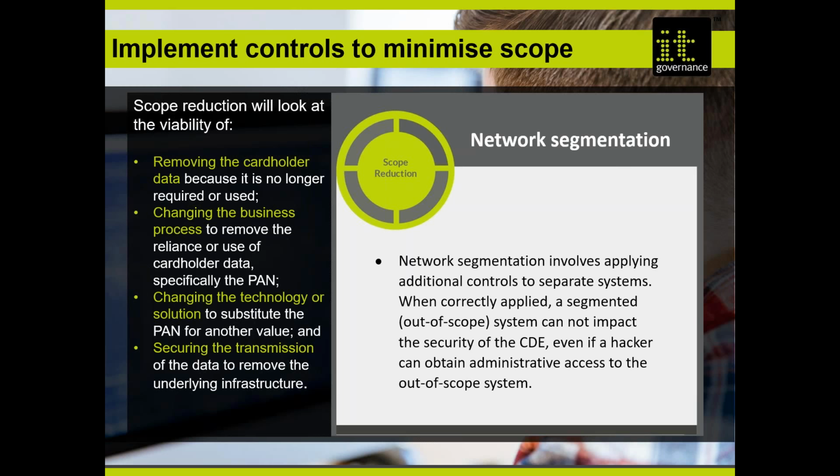So requirement 11.3.4 requires that segmentation for merchants is tested annually, and for service providers, every 6 months. And remember, if a system is determined to be out of scope, the organization should not leave the system unprotected,